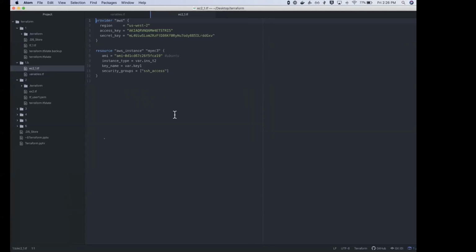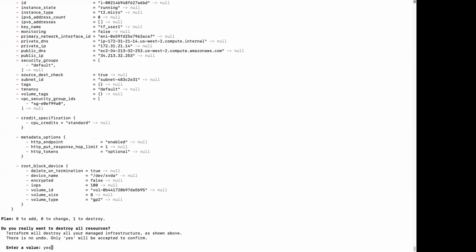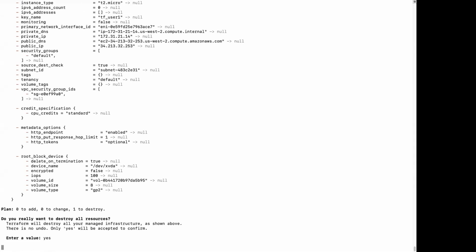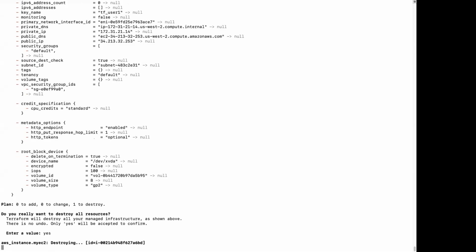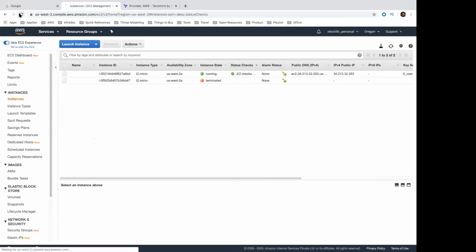For now, let's first delete the instance that we have already created. I'm going to run terraform destroy again. It says it is destroying it.